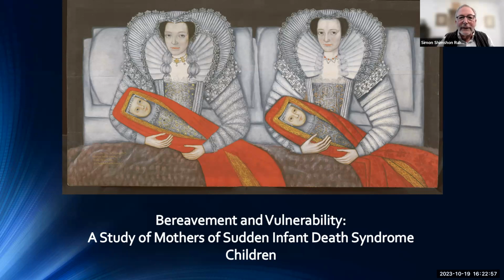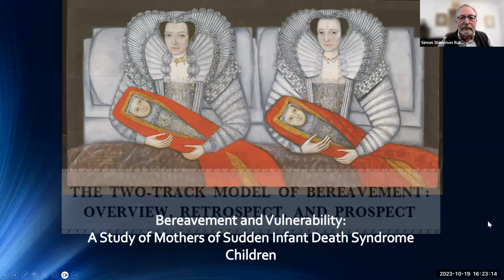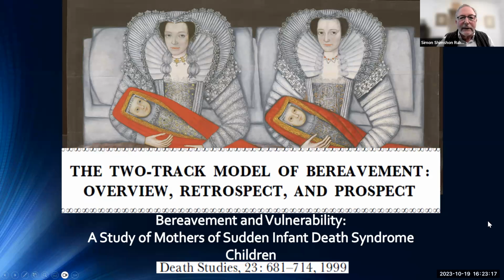What I discovered in that research, which initially was my doctoral research and later became my first article on the two-track model of bereavement, is that there are different ways to try to understand bereavement and that a double focus is most useful. By the year 1999, there were over 20 years of research and writings, clinical work, theory, and outcome of bereavement with different populations who had lost family members, and the reference in that 1999 article is up on the screen.